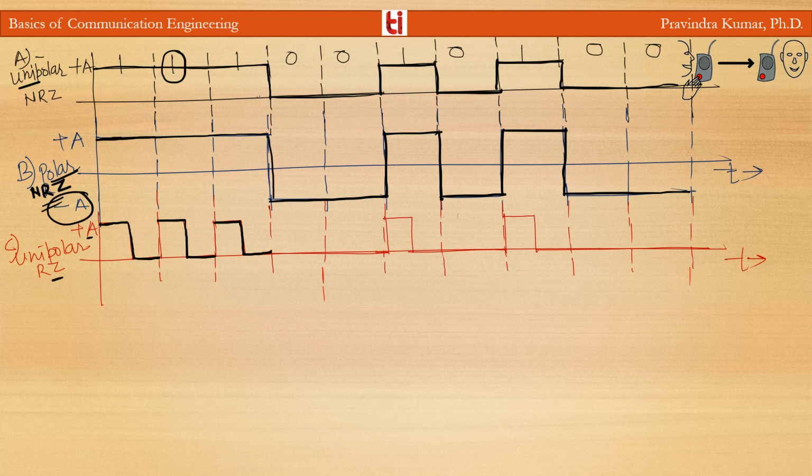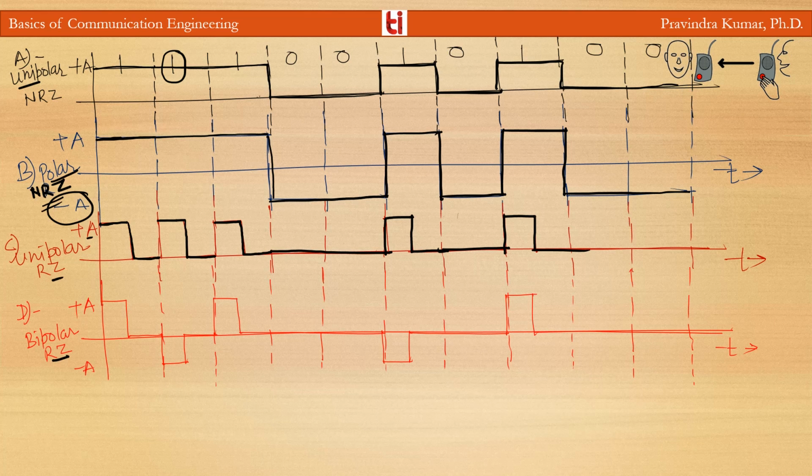Unipolar means the pulses are on one side of the time axis, and for 0 it is 0, and for 1 it starts from plus A and returns to 0. It starts from A and returns to 0. Now another one is